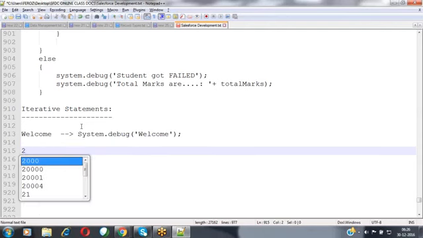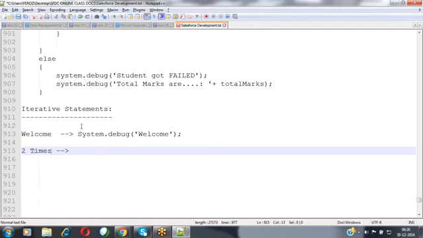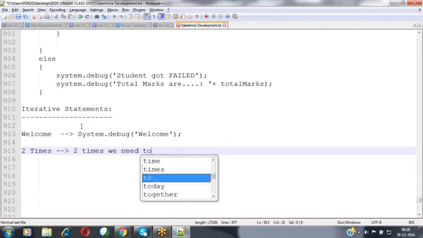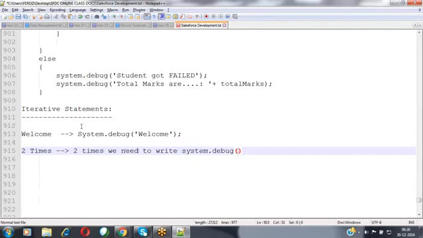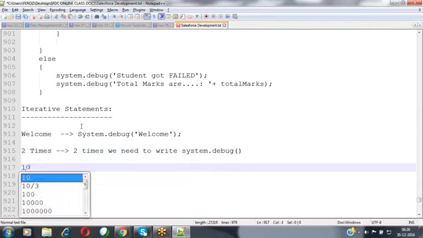Suppose you want to display the welcome message 2 times here. Then what can we do? We have to write the same code 2 times. We need to write the system.debug statement twice. Suppose I want to display the welcome message 10 times.